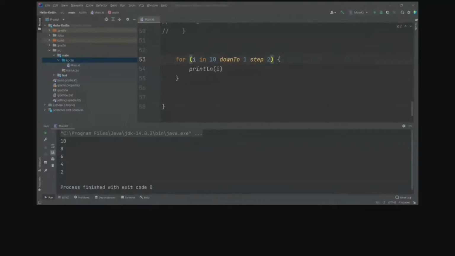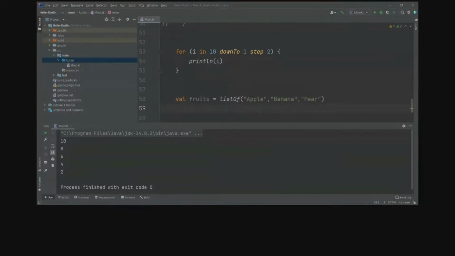Let's say we have a list of fruits, and I want to iterate through this.